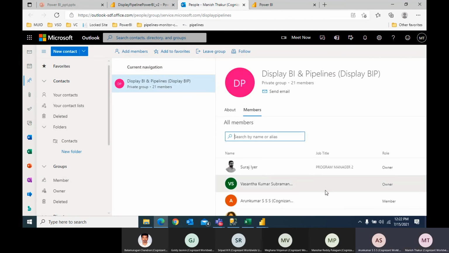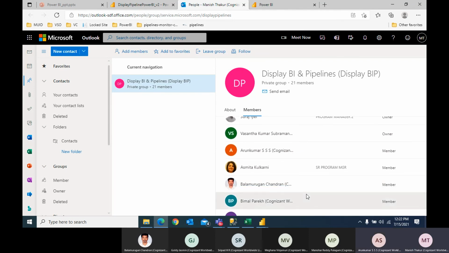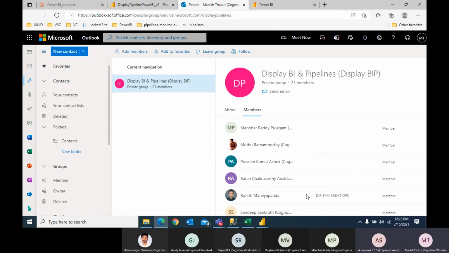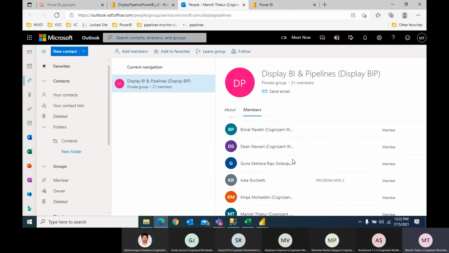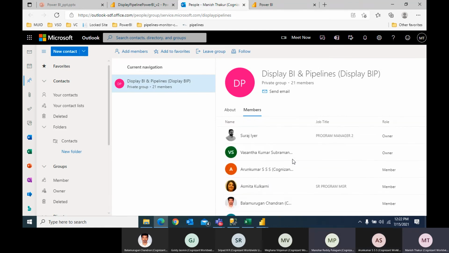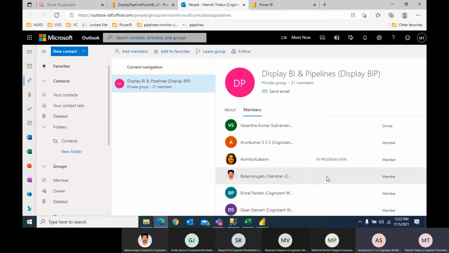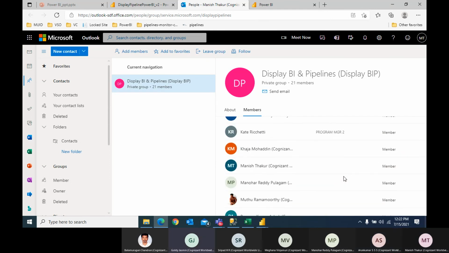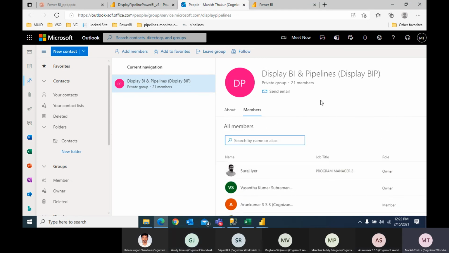Right now, the members are Arun, Bala, and me. Manogar is there, Manohar is there, Vimal is there, Bala and Arun. So I think they should be able to access. Yes, I am able to access. Sir, I am able to access. I am not able to access. Those who are not present in the group will not be able to access.